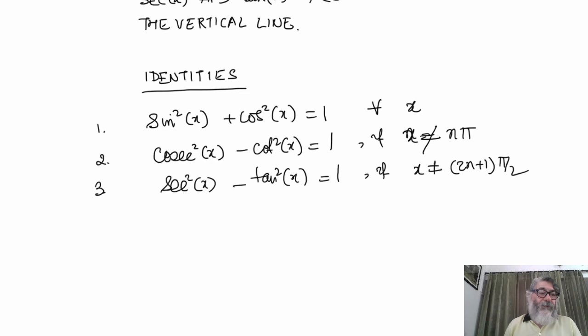Now we are going to do certain identities which we are going to pick up, and we are going to talk to you about this. For example, if I take the first identity,